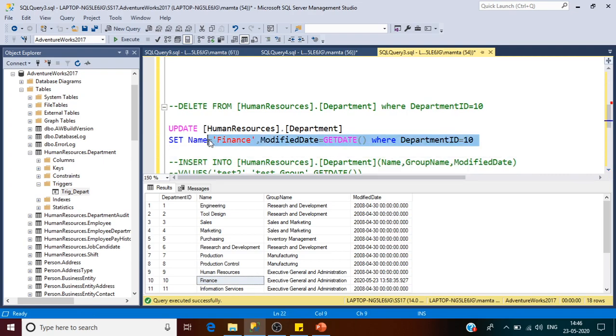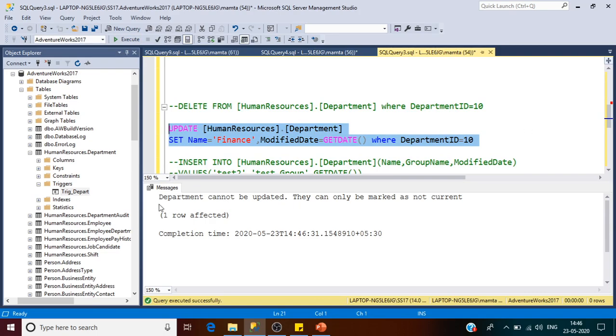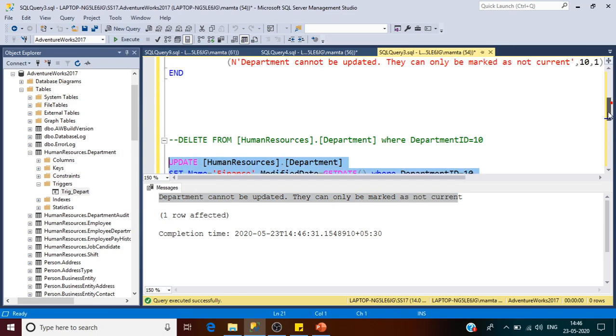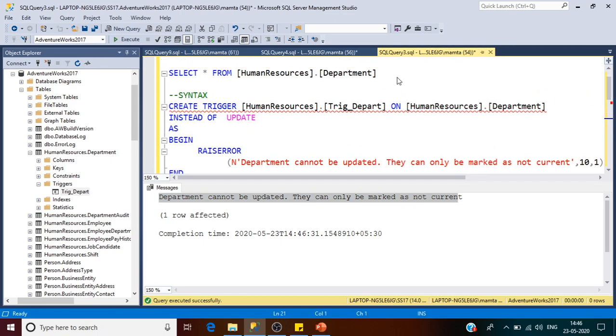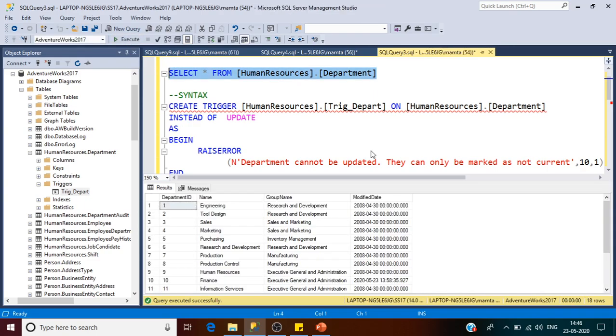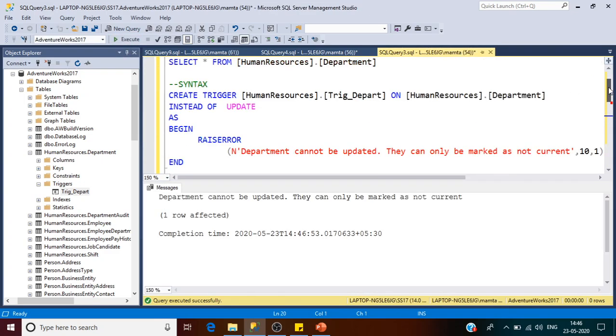If you want to see it again, let me update it. The trigger is automatically invoked and we got the message here. Let me check here. The name is finance. Okay, I'm going to make it finance 1 and the trigger is invoked.